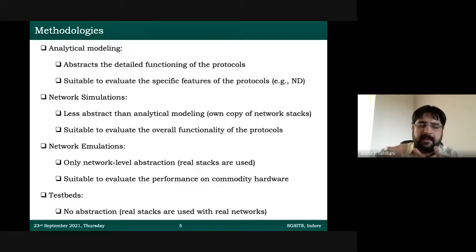We need funding. We need human expertise. Even if you get the hardware, you need people who know how to use that hardware and set it up for you in the university, right? But here is one important opportunity, and that forms the whole topic of my presentation. There are remote testbeds that are available, and they are available for free, and they are available for everyone. For instance, the FIT IoT-LAB that Vishal was showing you has 1,500 plus IoT devices available for your use, and that too totally free of cost.